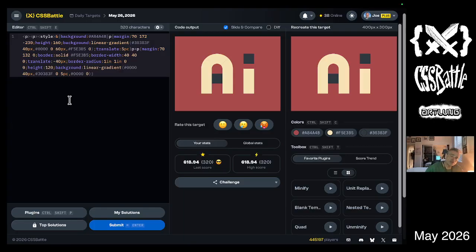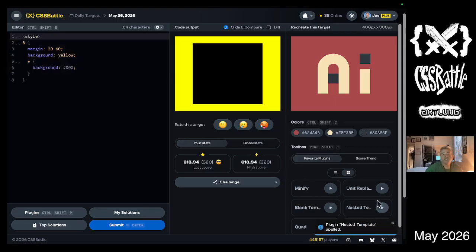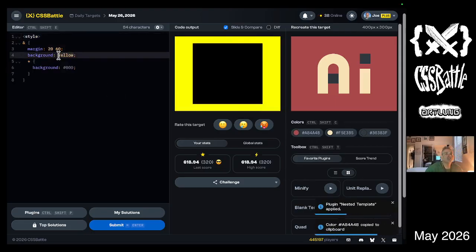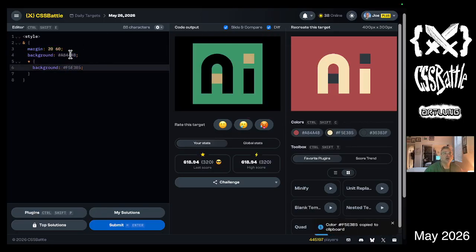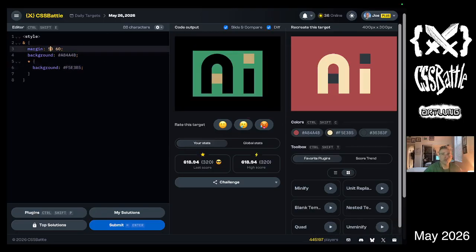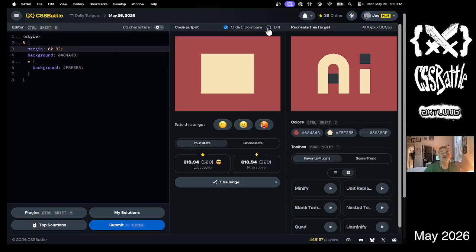The thing I find myself wondering is, if we use the nested template and did all backgrounds, how hard is that? Can we do it? Let's find out. So we get rid of the, oh yeah, we can do the margins. Set this color here. All right, let's push margins in. 3, 4, 5. Great. 62. Yeah, 62, 70, 80, 90, 2. Okay. So we now have